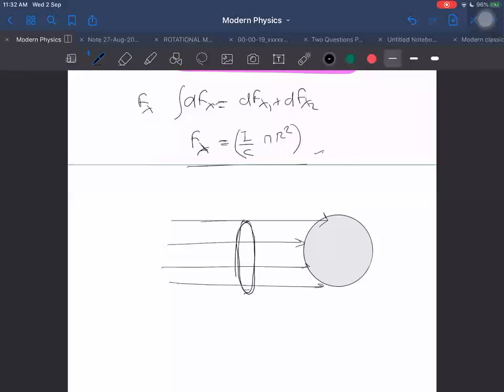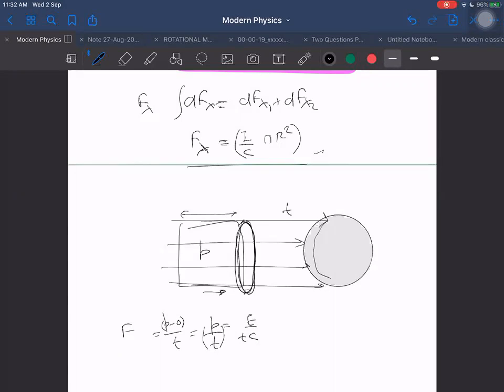And I will see what is the momentum passing through this ring per unit time. That momentum will also be falling on it per unit time, and that will become zero per unit time. What is the momentum passing through this per unit time? We know momentum is equal to E by C. Let P by T be E by C by T. P by T is the force, which is the change in momentum per unit time: force is P minus 0 over T. Initially, these are striking in time T, carrying momentum P, and finally that momentum, when it lands here, becomes 0 in T time. So P by T will be like force, and that is also equal to E by T into C.